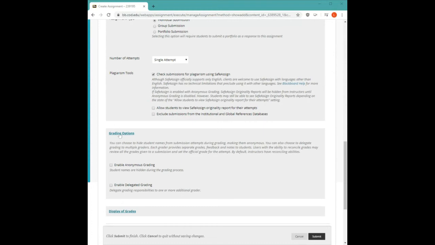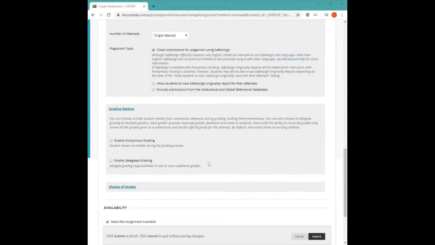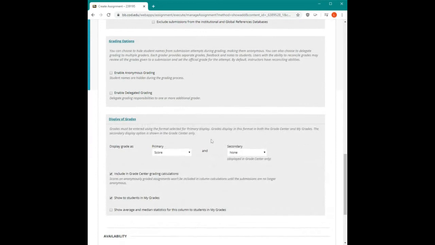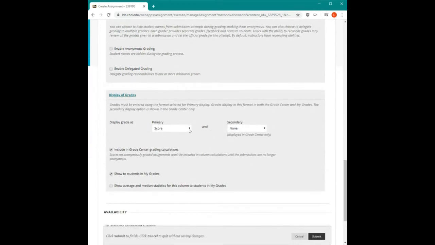Now, grading options, typically it's not used here, but you can select to say I don't want any of my bias to influence me, and you can select enable anonymous grading. Okay, so let's see. We have display of grades. You can choose primary score, that's the default. You can actually select a